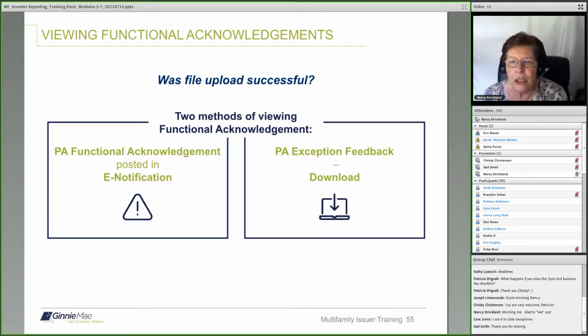RFS provides information for feedback when you do a file submission. You will get an A for accept and an R for reject. There are two different ways to access the data points to determine what occurred on your file. The information is in e-notification and is also in exception feedback, where you download the information. Files can reject due to many different situations. The most common reason for a file to reject would be an incorrect file name, or the length of the